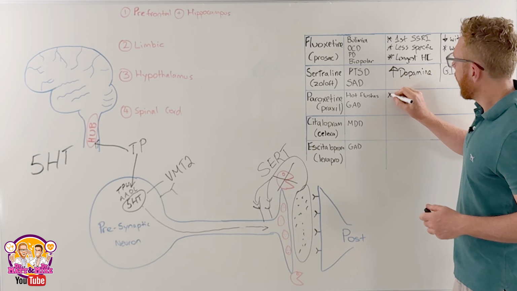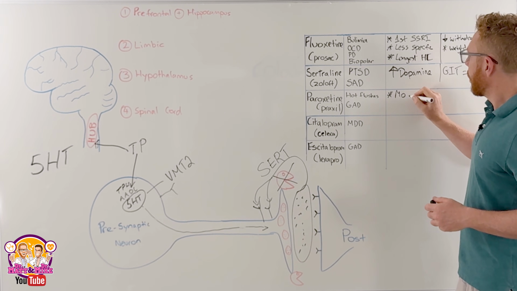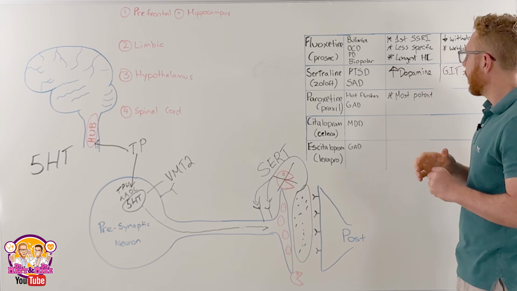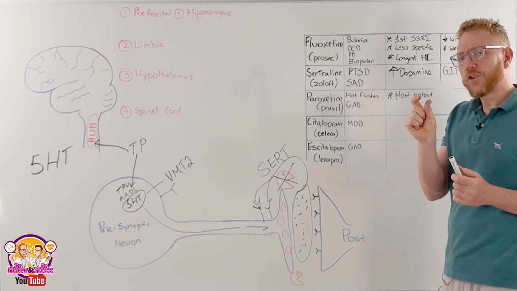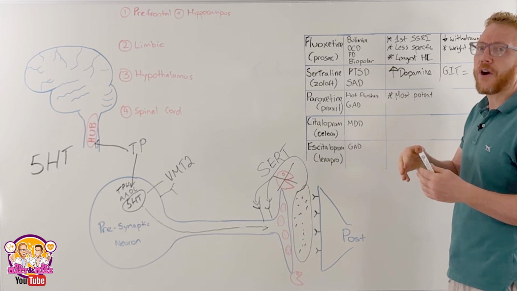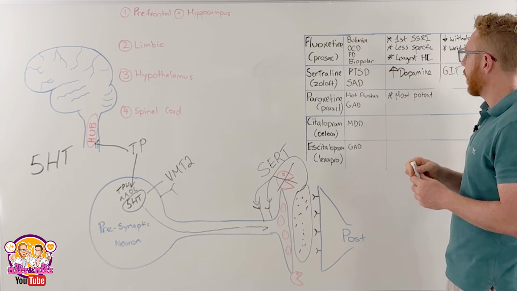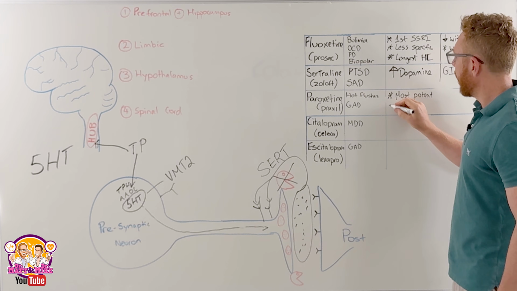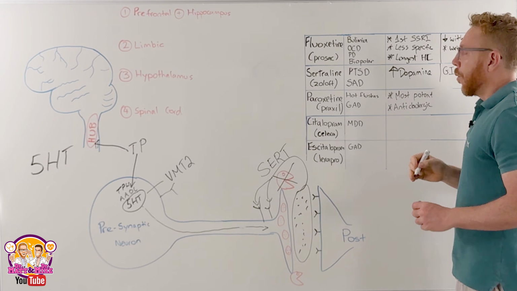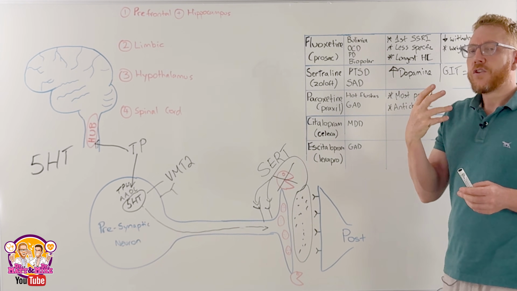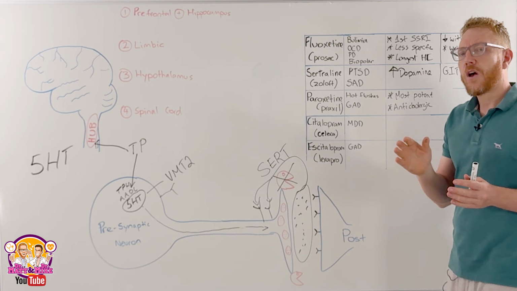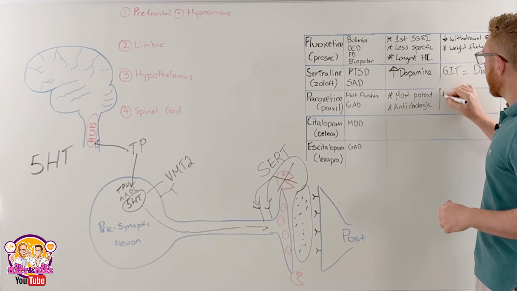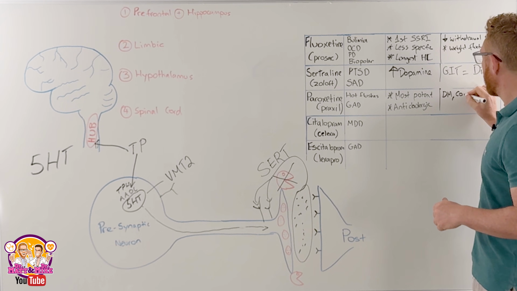Now this is the most potent of the SSRIs, which then means that the half-life is the shortest, therefore the withdrawal effects are going to be the largest, which opposes fluoxetine, which we saw has the least withdrawal side effects. It also is anticholinergic, which means it will block neurons that use the neurotransmitter acetylcholine. As a result, we see muscarinic-like side effects. So what we'll expect to see is dry mouth, constipation,